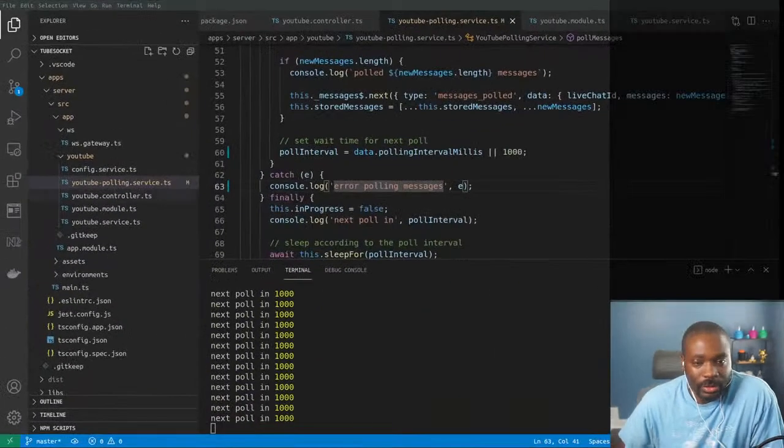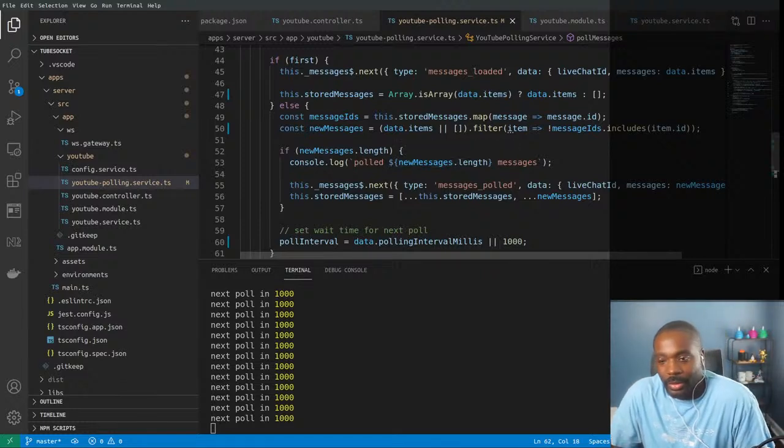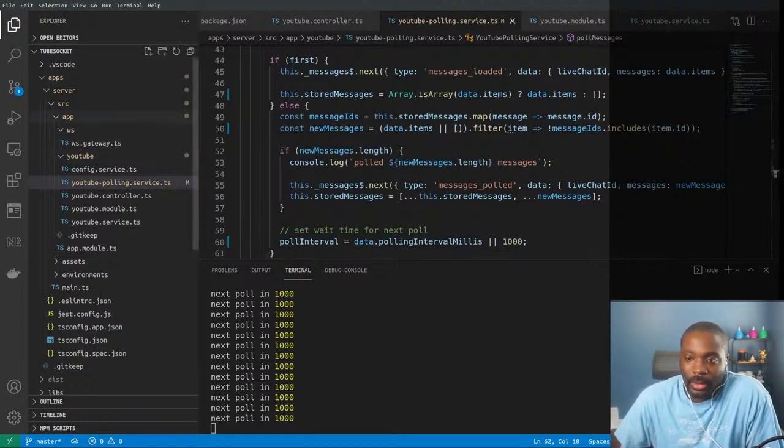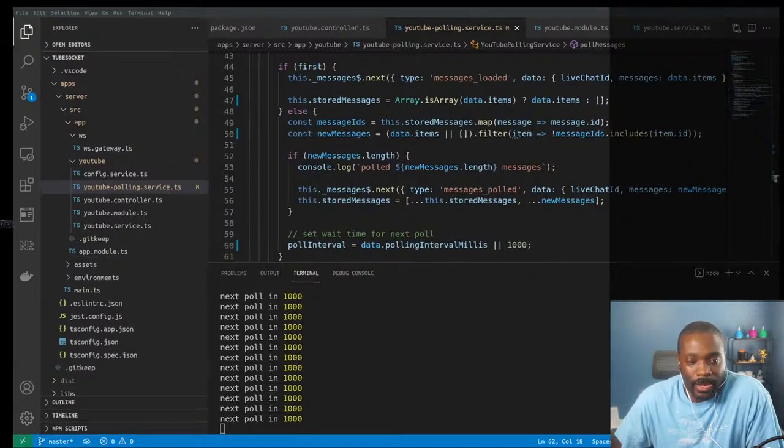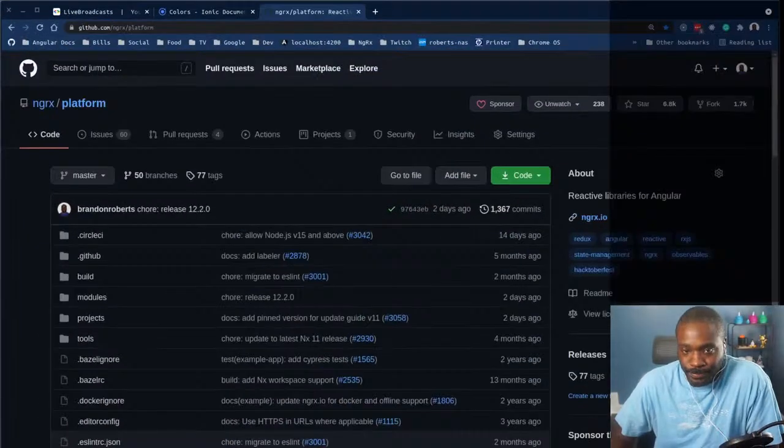Yeah, let me switch over to my code here. So what I'm doing is, if we switch back to the browser here,